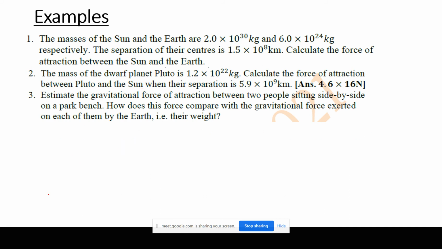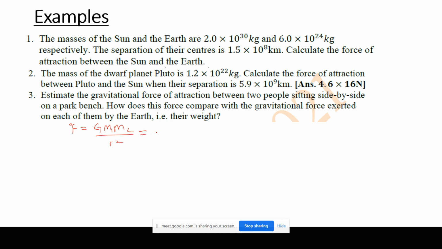So I will erase this and use the same space. So we want to find the force of attraction between Pluto and the Sun. So force is equal to the gravitational constant, product of the two masses, divided by the square of the distance